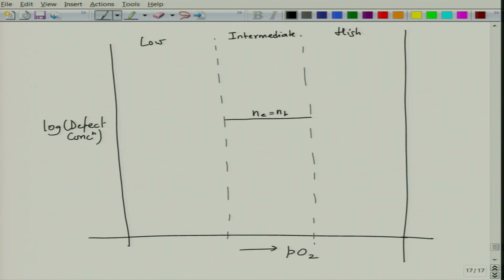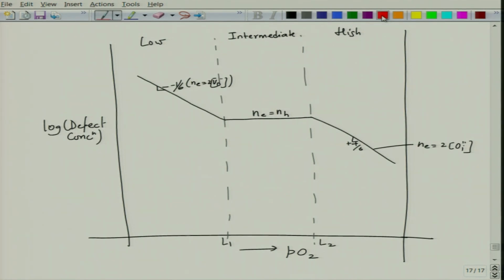This is Ne is equal to NH in this regime. Since the defect concentrations have to be continuous, Ne follows this particular sequence with a slope minus 1 over 6, and Ne was equal to 2 VO. In this case, Ne follows this particular line, which is plus 1 over 6, and Ne being equal to 2 OI, and these are the limiting conditions L1, L2 of partial pressure of oxygen.